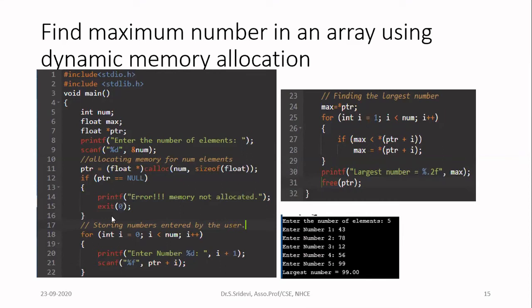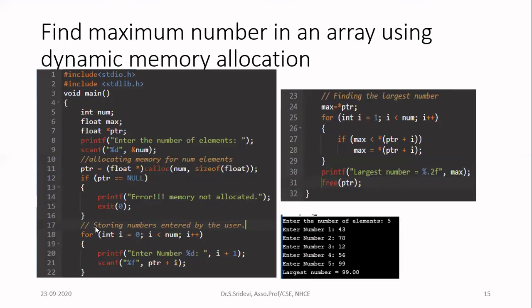Now, if memory is allocated, it will come to this particular place, that is line number 17. Here, what I have allocated is memory for the number of elements. Now I have to read the elements from the user and store them in the memory location. So it is similar to an array of elements. We are going to read an array of elements, so use a for loop always. Whenever you read an array of elements, we use a for loop. How many for loops do we need? Now we are going to read only one array of elements, a one dimensional array, so go for one for loop.